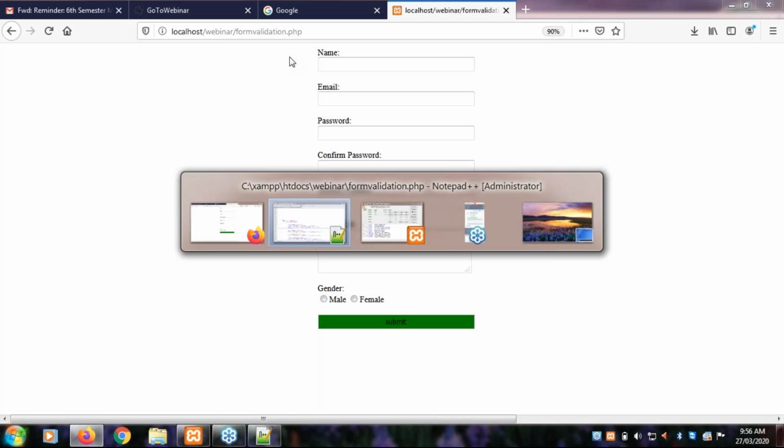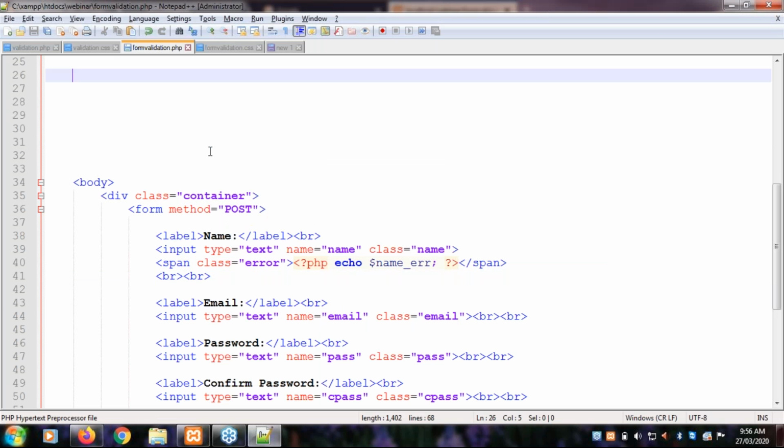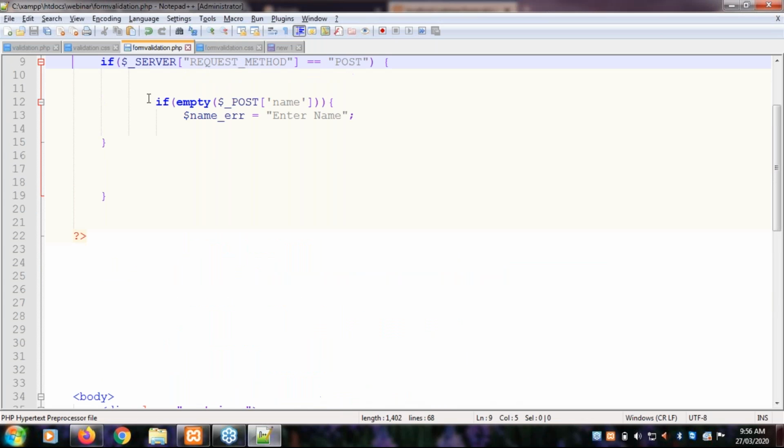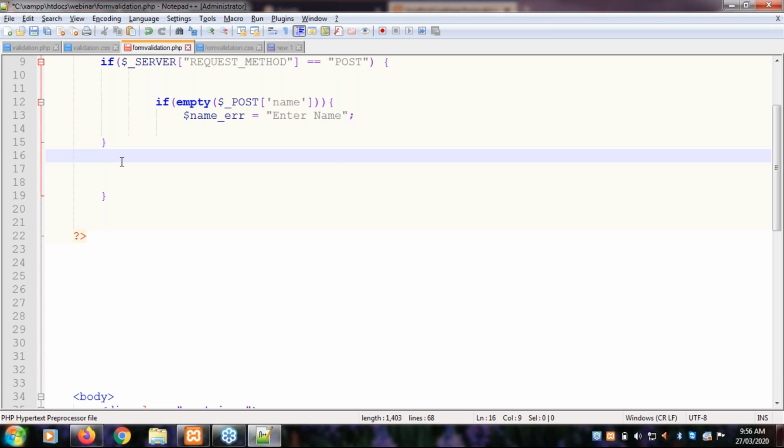So in the same way, we have to check for all the input types whether the particular input type is empty or not. So in the same way, we just have to use if empty, or let's say we can check for email.